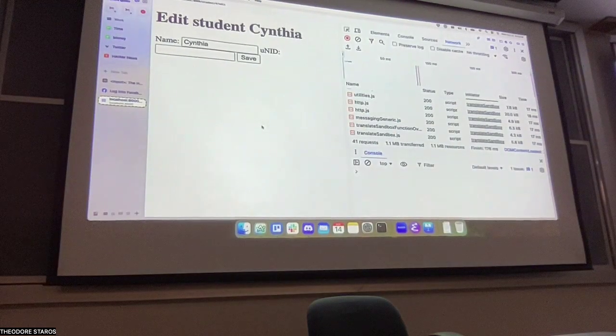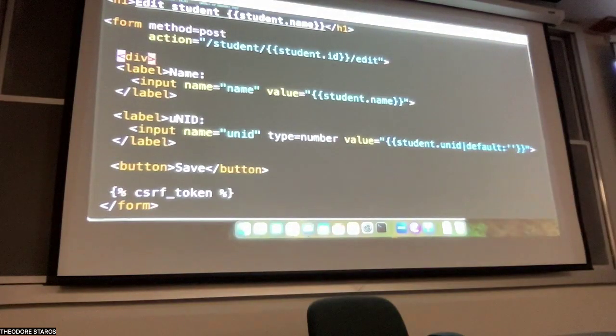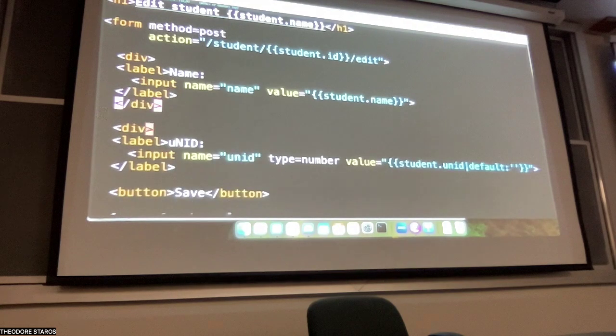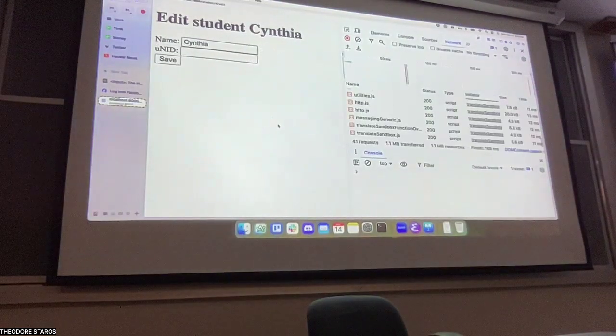So now we have a little edit form as well. It looks pretty ugly and that's bothering me. So let's stick some divs. All right. That'll work. There we go. Okay, so now we have a save form. Now, if I change it to 1, 2, 3, 4, I know that's not even 4, and save it, it